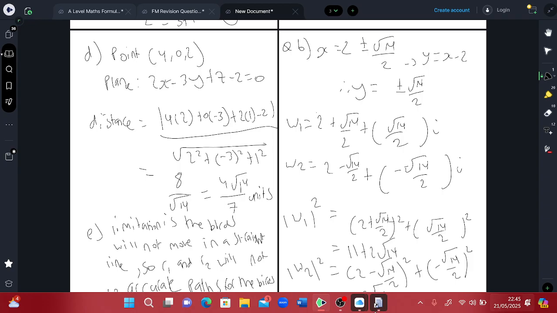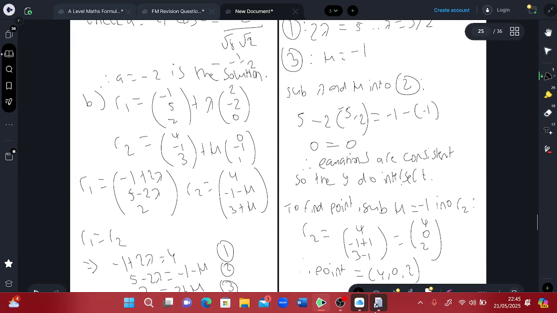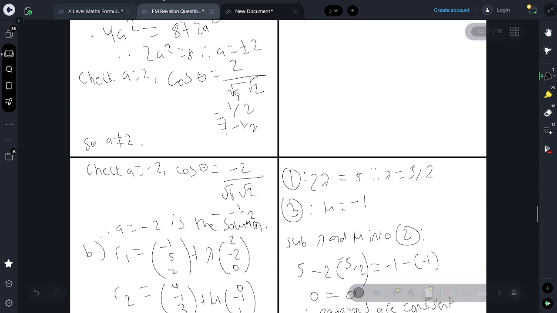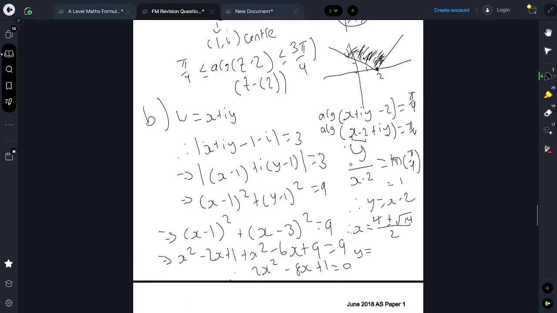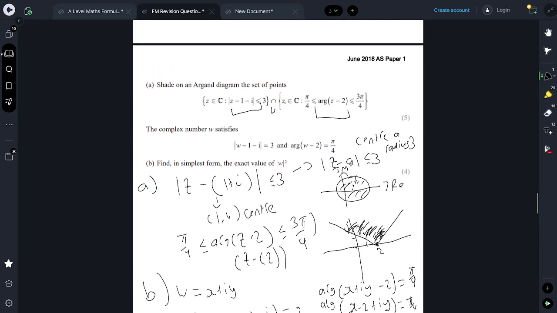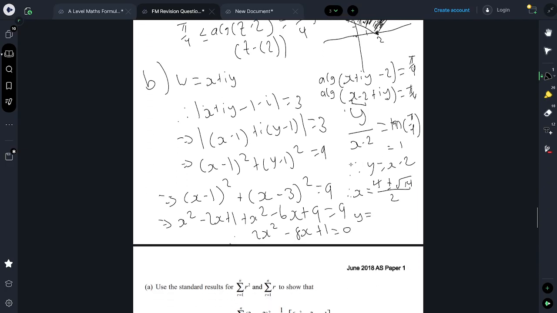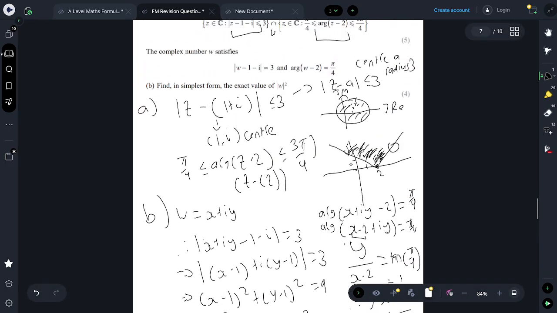Oh dear. So what did the question say? The complex number satisfies modulus equals 3 and argument pi over 4. Oh, well, there's only one solution. Of course there is. It's here. Oh yeah, okay, that's why, because I remember